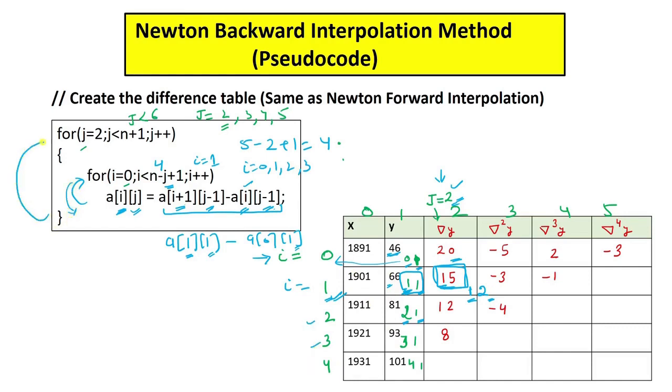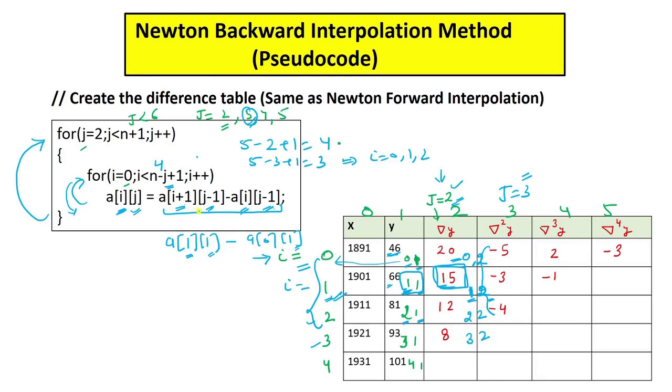Okay, and now I will be moving to another column, that is j equal to 3, and for j equal to 3 this value will be 3. Okay, so that means I will run for i equal to 0, 1, 2, till this time. Here you can see I am finding only these values, right? So now I will be subtracting these: 15 minus 20, 12 minus 15, 8 minus 12, right? Here you can see I will be starting from i equal to 0 and j I am starting from 3. So I need these values. So this will be like 15, that is position 1, 2, and this is like 0, 2. And this value will be 2, 2, and this will be 3, 2.